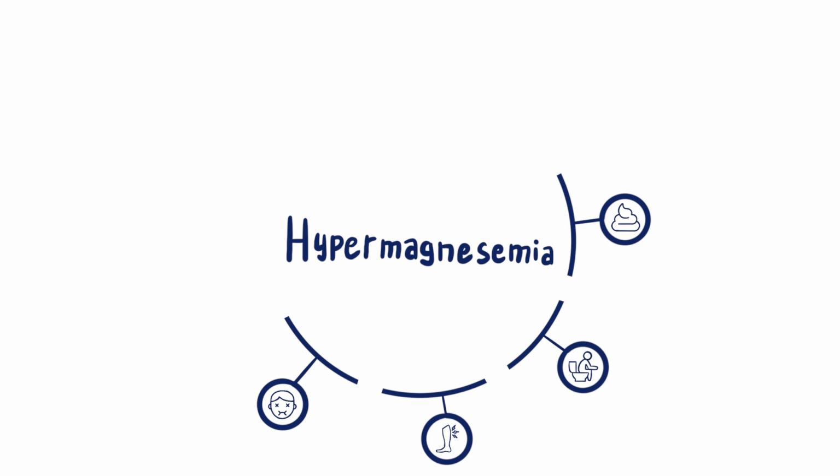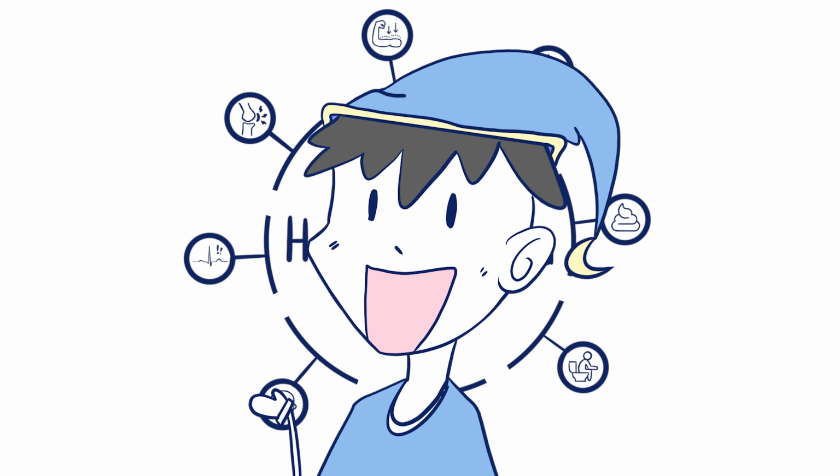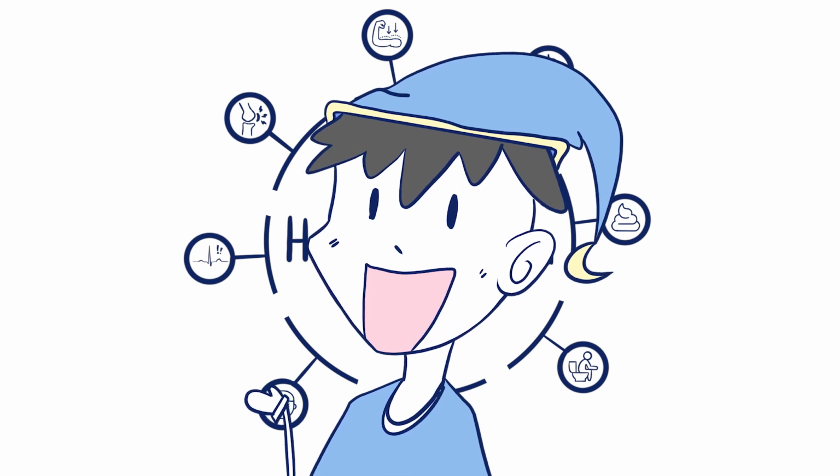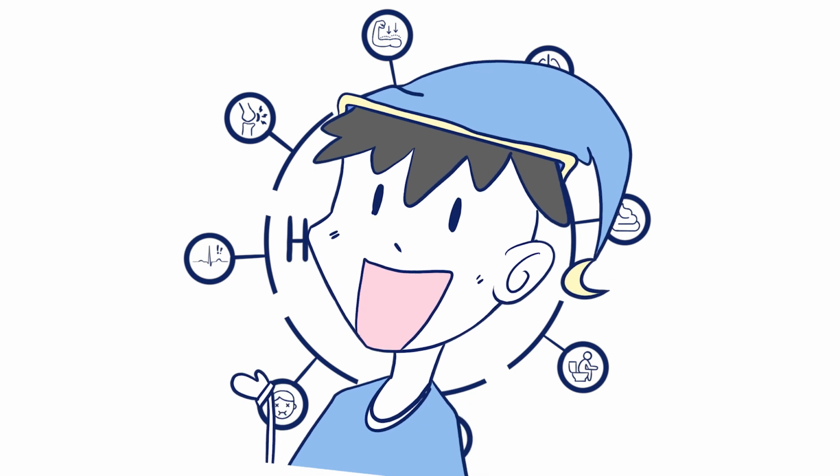However, at higher concentrations, hypermagnesemia might lead to neuromuscular dysfunction such as respiratory depression, hypotonia, as well as areflexia. Also, too much magnesium might affect the heart by causing bradycardia. These effects might pose a greater threat to those suffering from kidney disease since magnesium is excreted through the kidney.